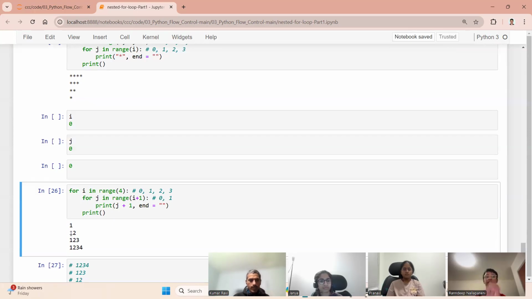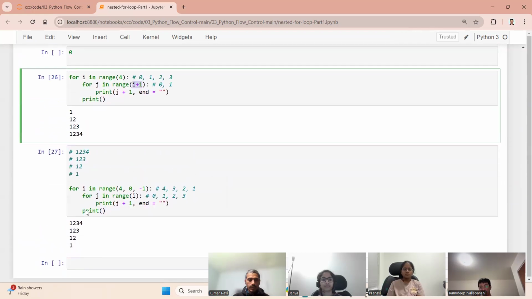But when we have row number 2, it should go from 1 to 2, right? So this J is dependent on our I. When the column is changing, it means J can change. When the row changes, I should change. Like if you see some other example,